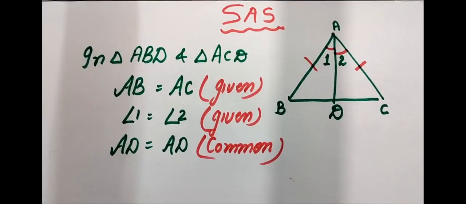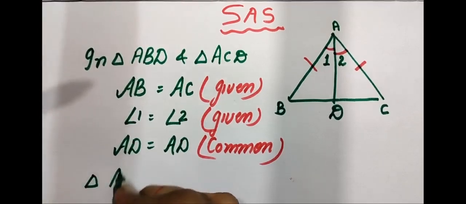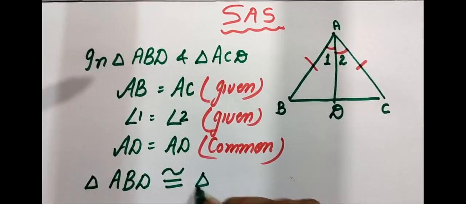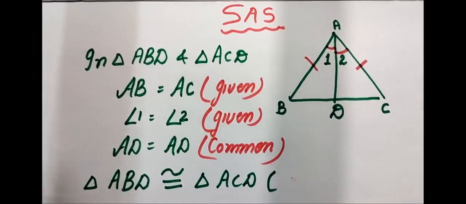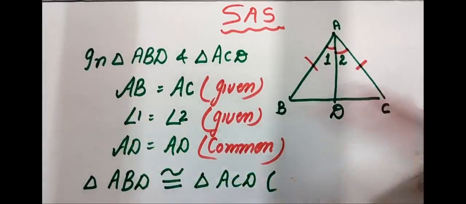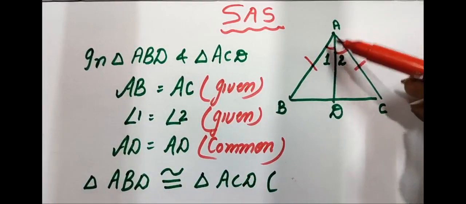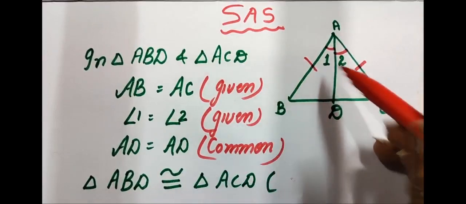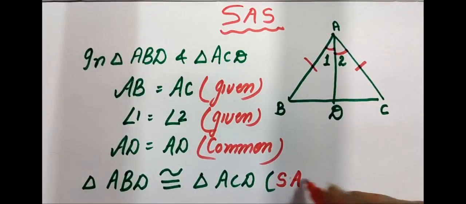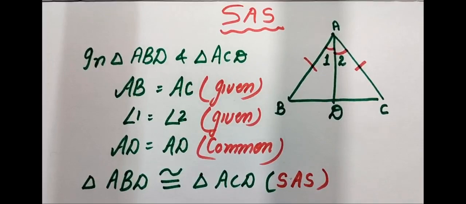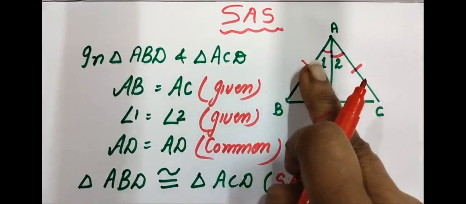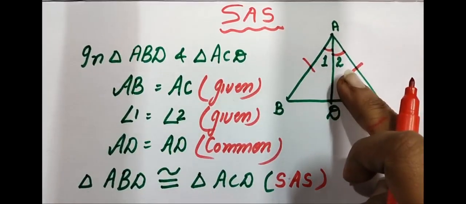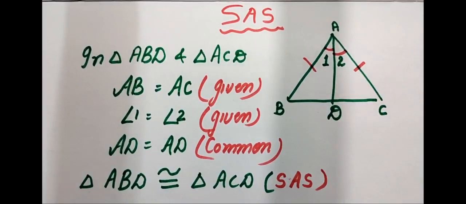So now we can say that triangle ABD is congruent to triangle ACD by, now you have to check. We have proved that AB is equal to AC this side. After that, next angle, this one and this side. That means two sides and the included angle. So here SAS congruence condition. So always if two sides and included angle are equal to the corresponding two sides and the included angle of the other triangle, so SAS condition verified.